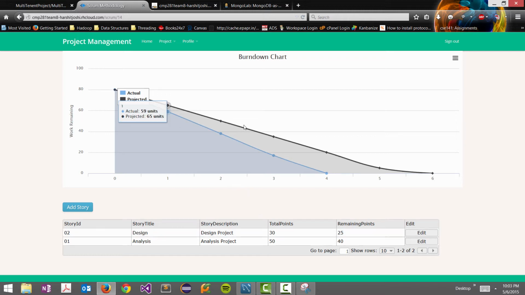So this is the burndown chart, and starting from the first week the ideal chart will be from 80 hours, and for each week it will be distributed 20 hours per week. So this is the ideal chart: 80, then at the end of the first week it should be 60, then 40, 20. And you see here now we have 25 remaining hours for design task and 40 remaining hours for